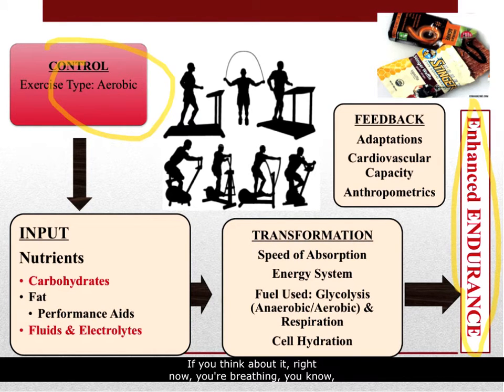If you think about it, right now you're breathing at a certain resting rate where you could measure it in milliliters per minute. As you begin physical activity and your muscles begin working and you begin requiring more oxygen for metabolic processes, you start breathing faster. You start taking in more oxygen. So by putting a little mask over your face and catching the oxygen that you're inhaling and expiring, you're able to state the intensity that you're working out at. So VO2 max is a very clinical way to speak to exercise intensity,